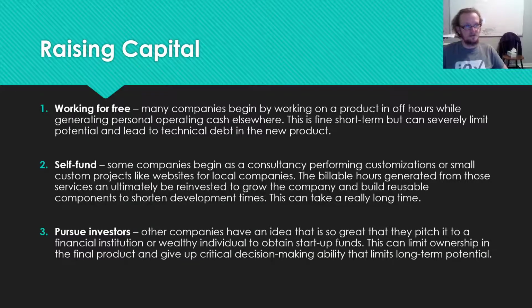But you should be wary because this can limit not only your ownership in the final product, but also your ability to actually make cash yourself off the idea that you spent a lot of time working on. And you can give up really critical decision-making ability. If you get into a fairly rigid contract with an investor and they have controlling stakes, so 50 or 51% of the company, they could try to take your application in a very different direction than what you anticipated